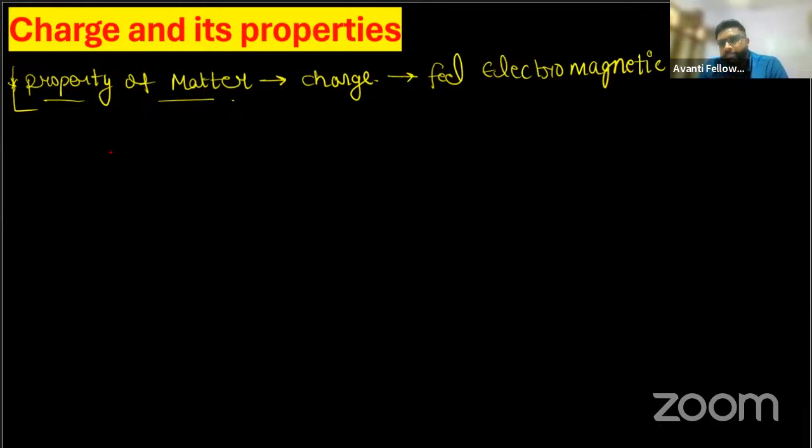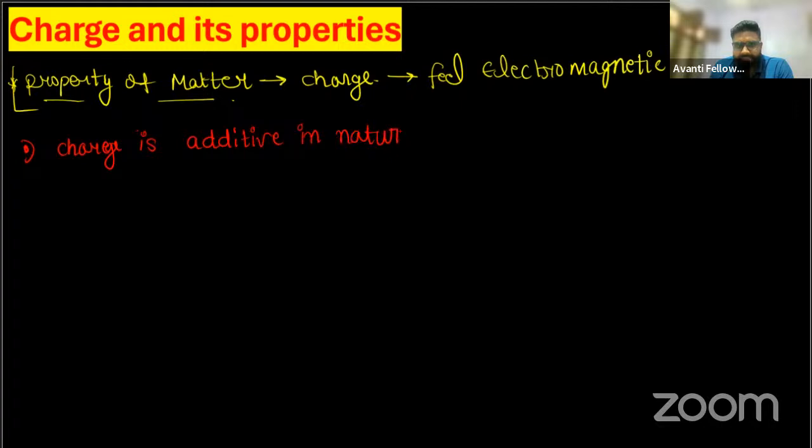Now, what are the properties of charge? So there are 3 to 4 properties that we have discussed in the very first class. The first property is that charge is additive in nature, right? We discussed this. Which means if there are multiple charges,